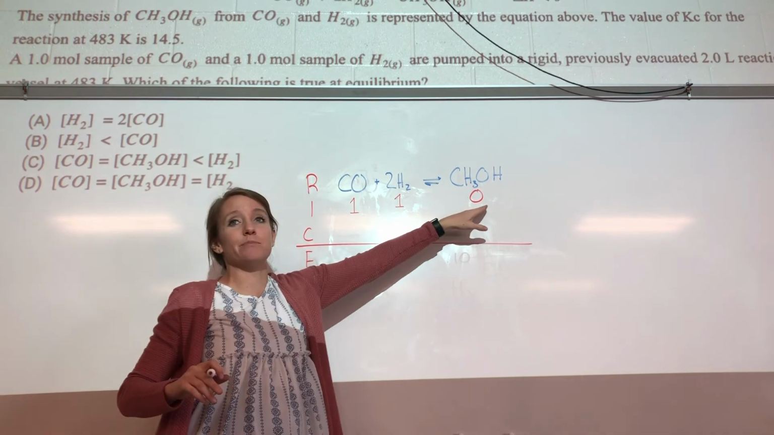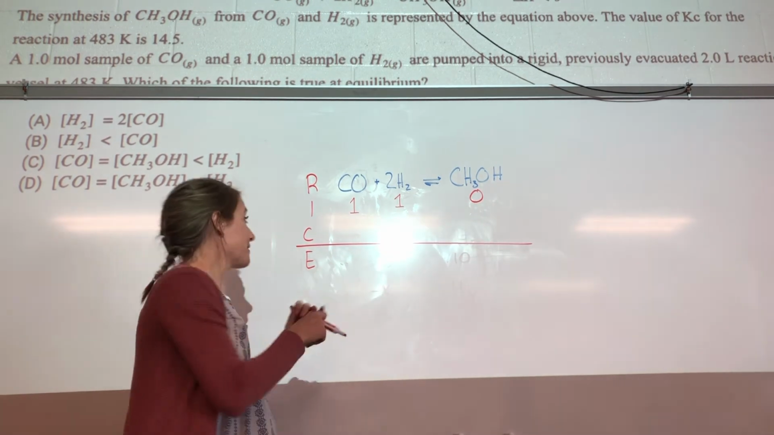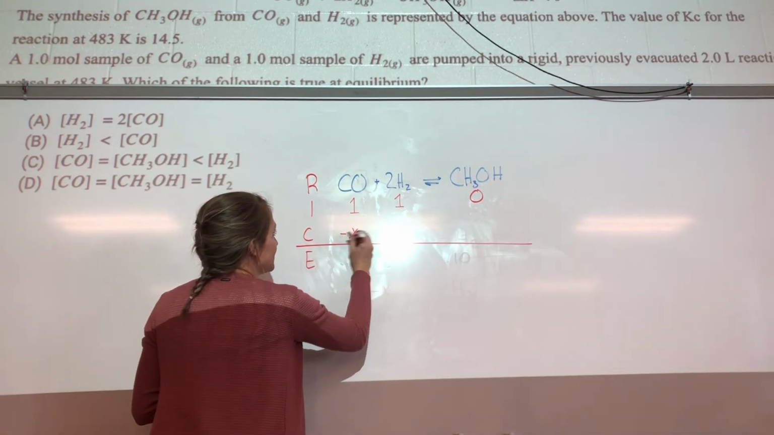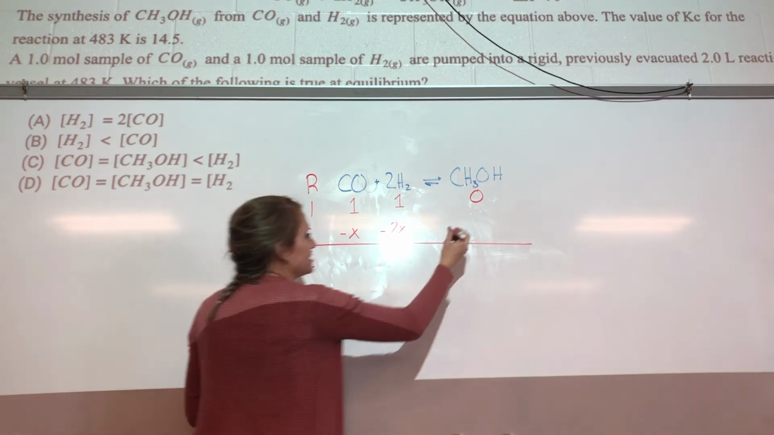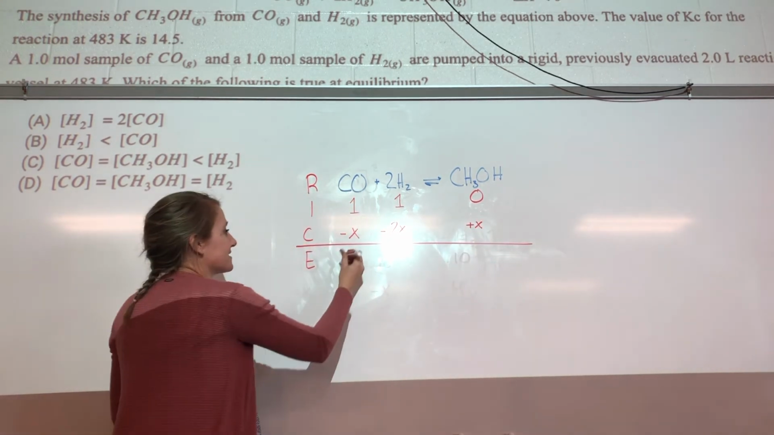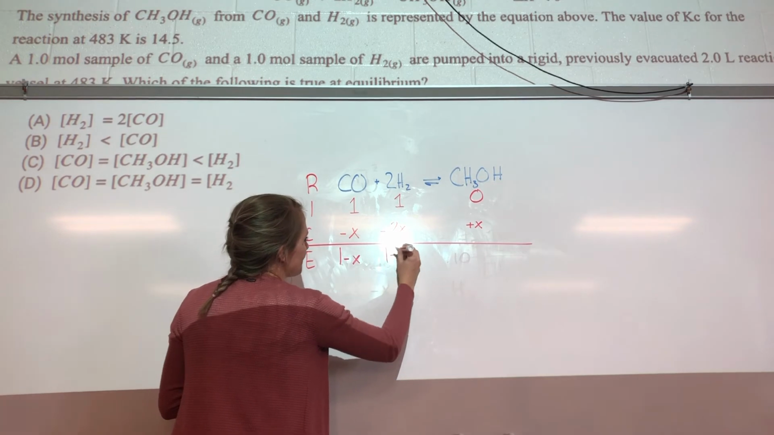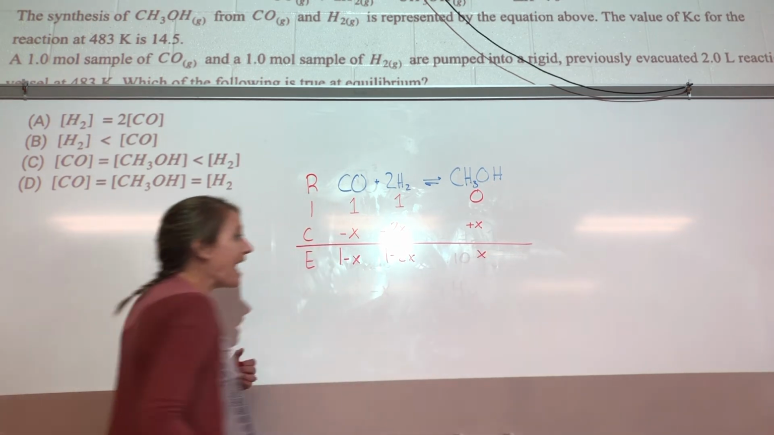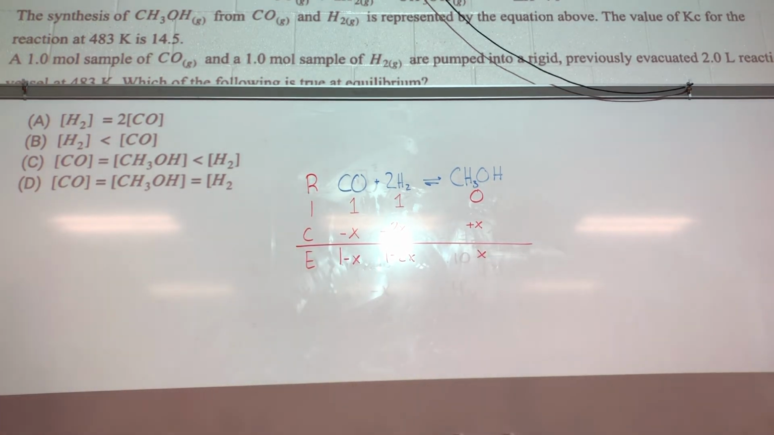Okay, so now the change is based off the ratio. In this case, I don't have any product. So we know that the reactants are going away, so this is going to decrease by x. That would decrease by 2x, and that's going to increase by x. 1 minus x, 1 minus 2x, and x. And so then if you go through what must be true,